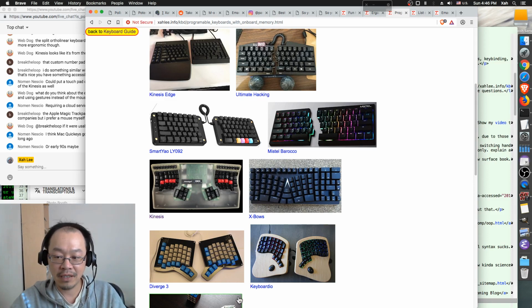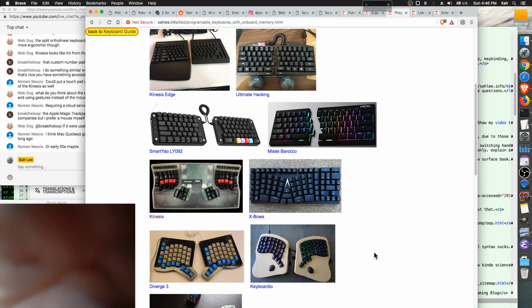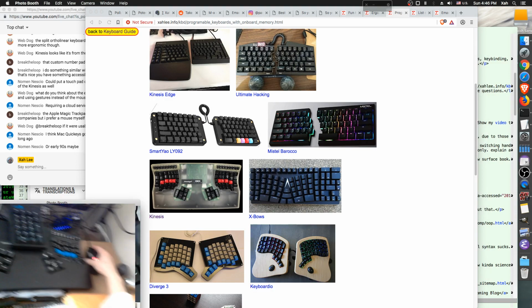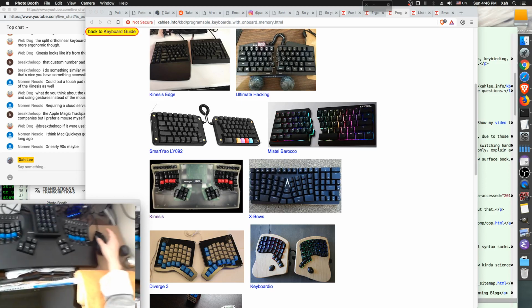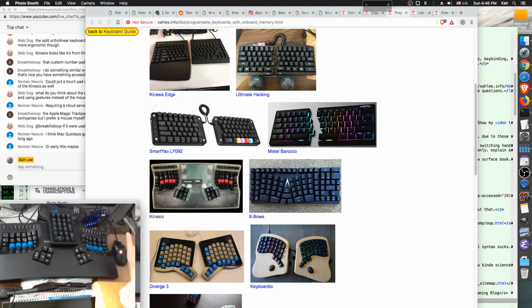Which is good because, for example, on my Kinesis right now, let me show you. Kinesis also has the on-the-fly programmable feature. That means I don't have to launch some software application to program the keys.